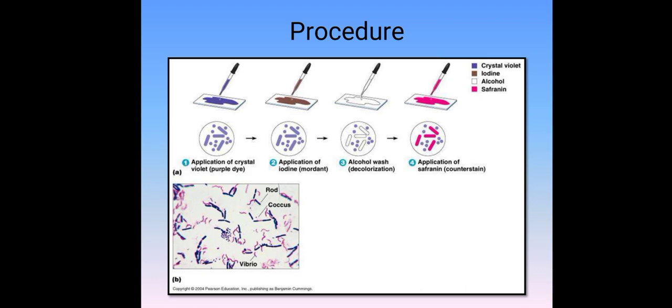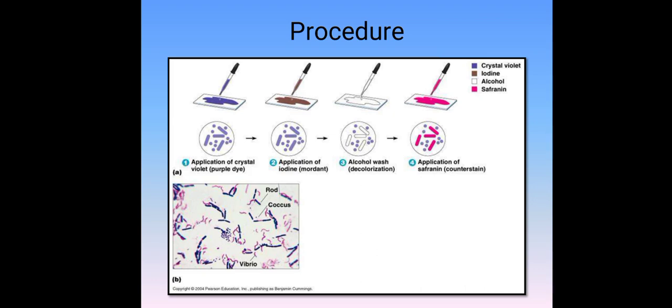The reaction time for the primary stain and counter stain is kept the same. It means if you are treating the bacterial smear with the primary stain for 30 seconds, then it is also treated with the safranin for 30 seconds. If it is 1 minute, again the counter stain is also reacted with the bacterial smear for 1 minute. The reaction time is kept the same for both the counter stain and the primary stain.